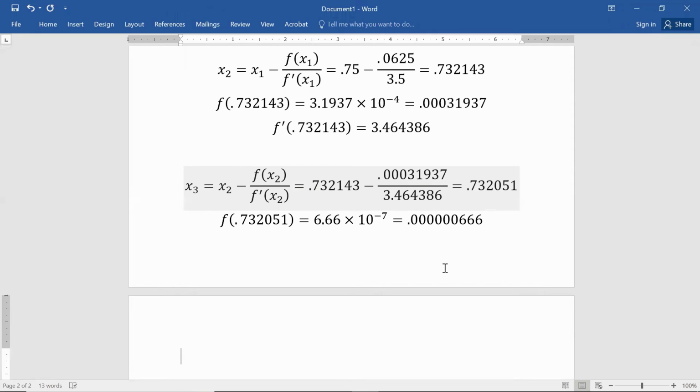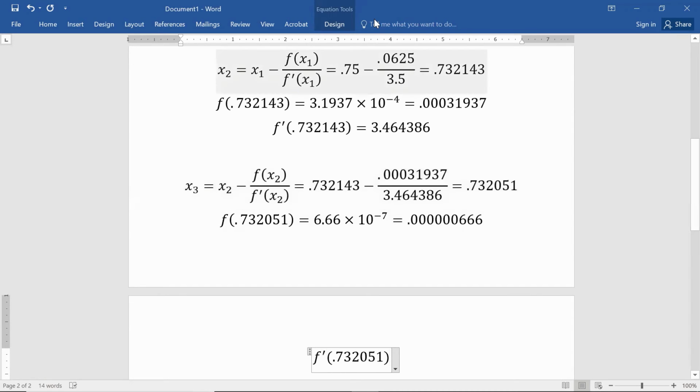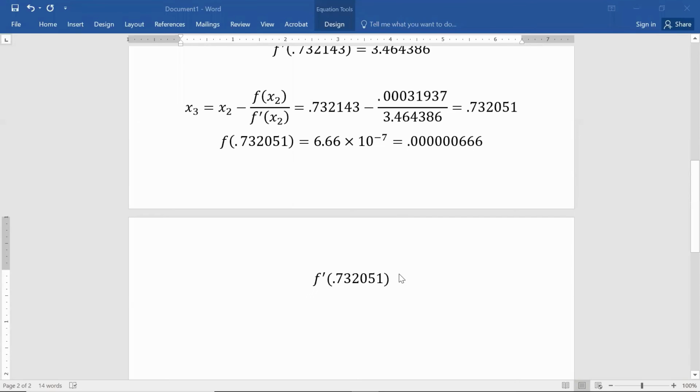And then when you plug that into the derivative, we can see the output of the derivative as well. The output of the derivative is about